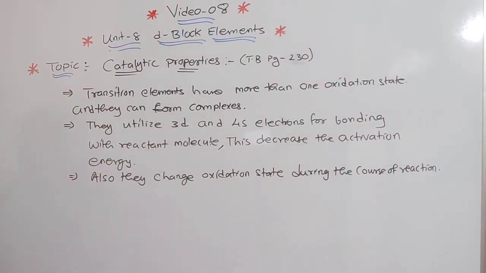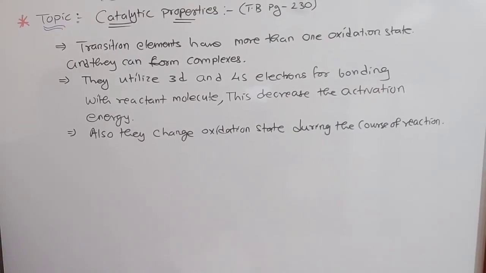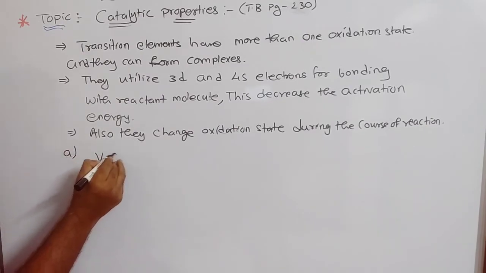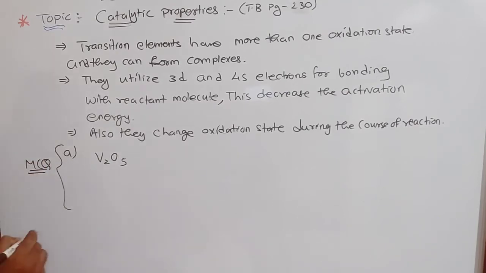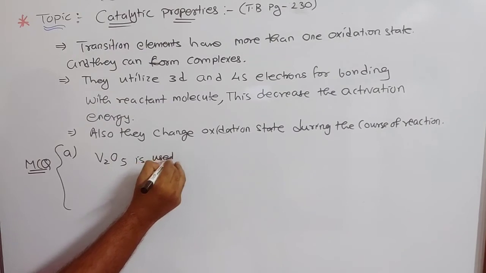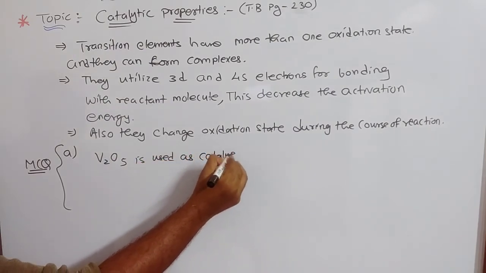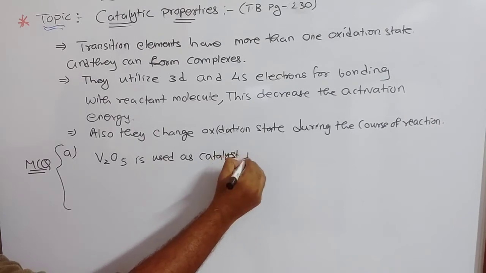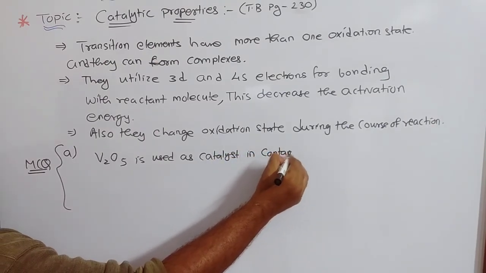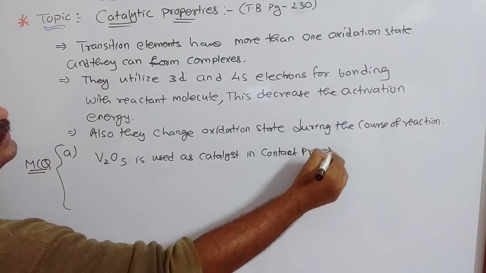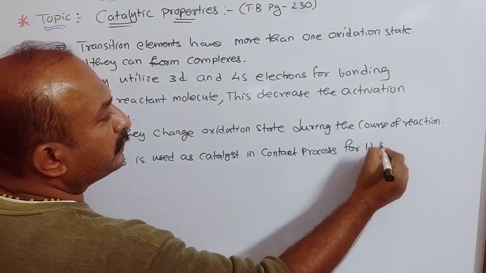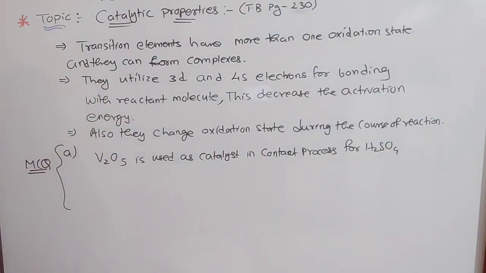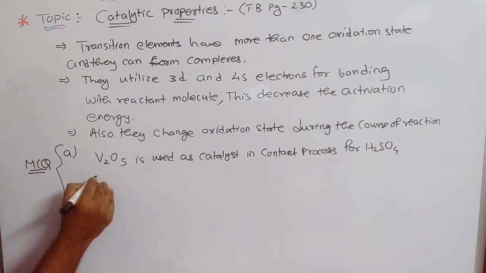Okay, you can watch. Now in your book they have given certain catalysts used in different reactions. If you see in your book, V2O5, this can all be asked in MCQ also. Remember this. V2O5, vanadium pentoxide, is used as catalyst in the contact process, which we already studied, for H2SO4, sulfuric acid, if you remember. We have seen the properties and uses of sulfuric acid. Then iron powder.